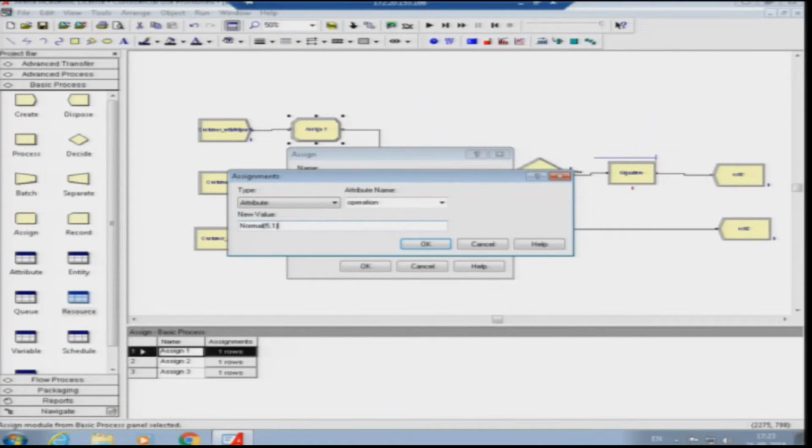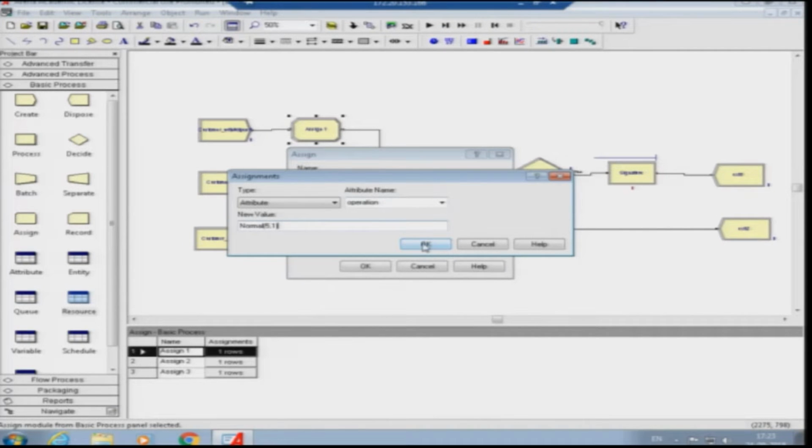This signifies that we are defining one attribute named operation, and the value of this attribute is normally distributed with 5 as the mean and 1 as the standard deviation.